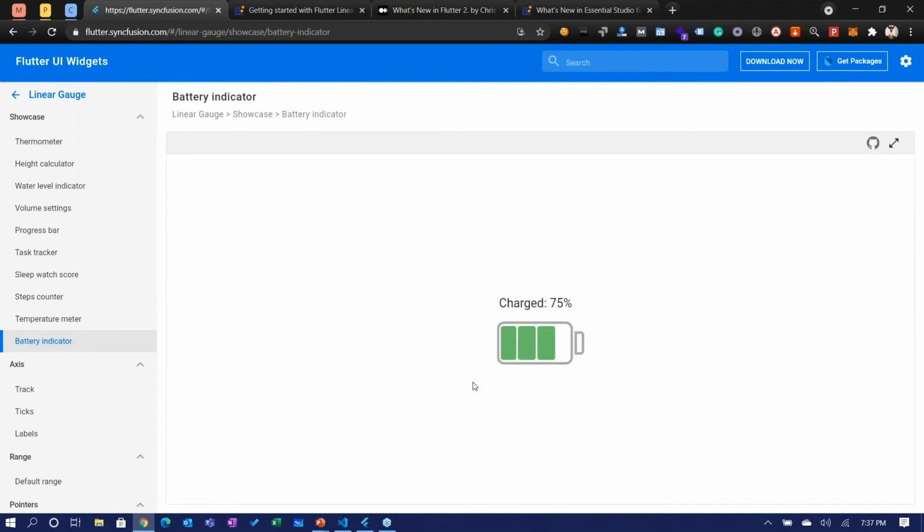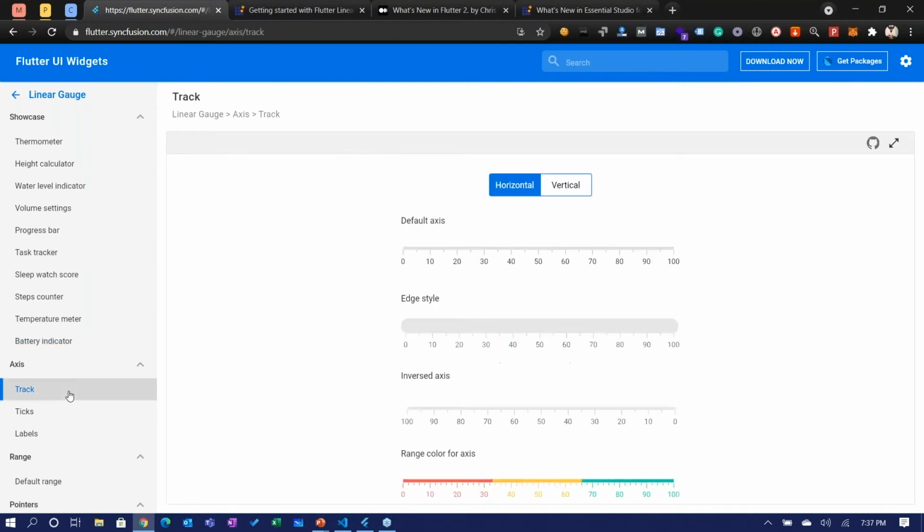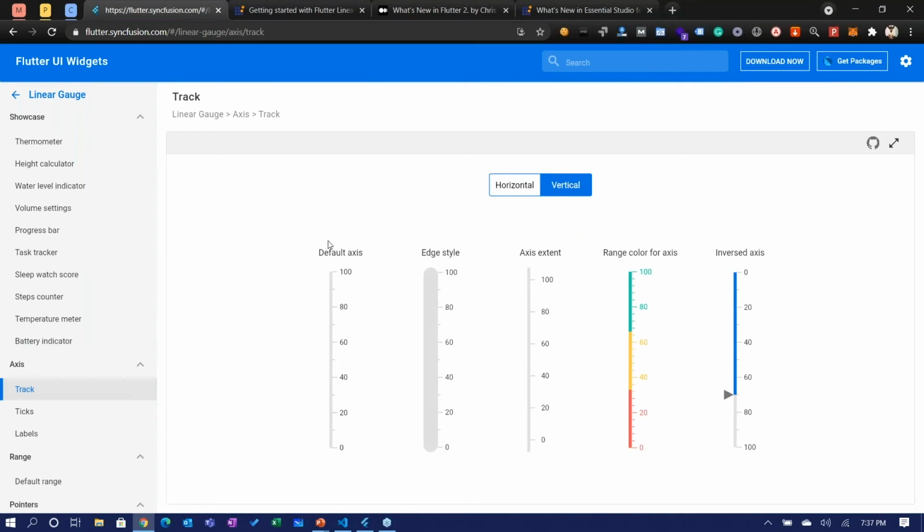So this is a battery indicator. Believe me, this is a Linear Gauge. Then you can customize the axis, as you can see here, horizontal and vertical. So this is the default gauge that you are seeing here, and you can change the edge style. You can extend the axis. You can give different colors to the axis. You can invert the axis,